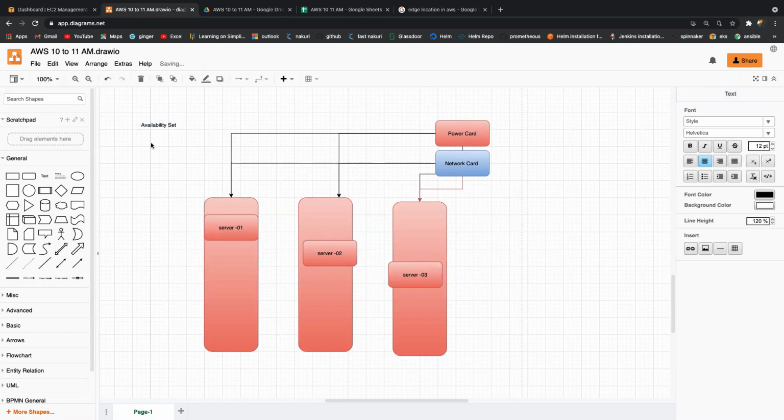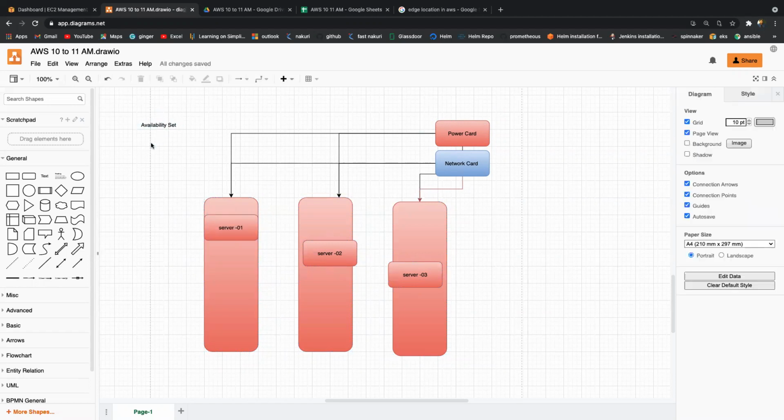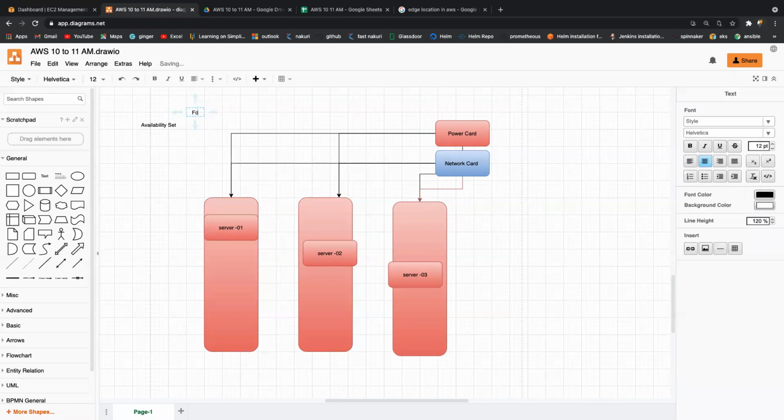Availability zone is different, availability set is different. When you go for availability set, we have a formula. This is very important in real time. When you are presenting or building the architecture, a stakeholder may ask you the question, how are we going to achieve high availability in AWS or in Azure? How can we do that? As a cloud architect, I should explain each and every component and where we are going to place the servers. That's very important. Getting my point?